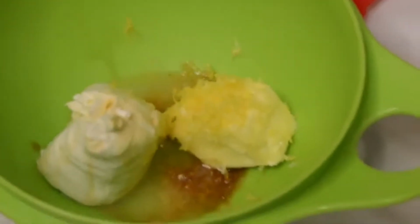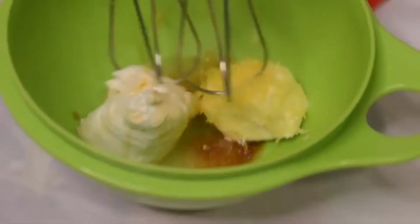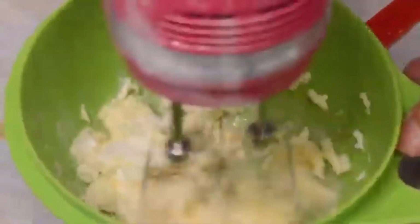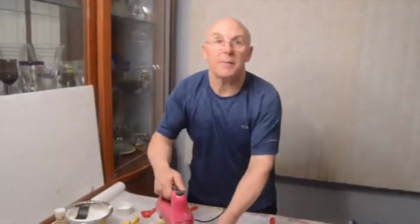Okay, so what we want to do is put our beater on. And we're going to do it on a medium speed until smooth. And then we're going to put in at least a half cup of the powdered sugar and up to 3/4 of a cup. If you like it sweeter, you certainly could add more. The most you would want to add is about 1.5 cups. Okay, you could take up to 1.5